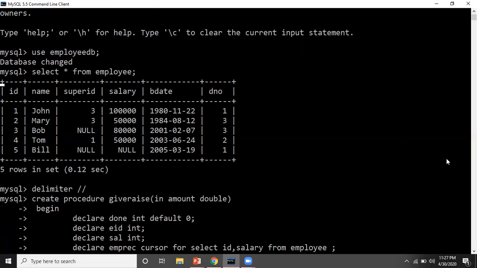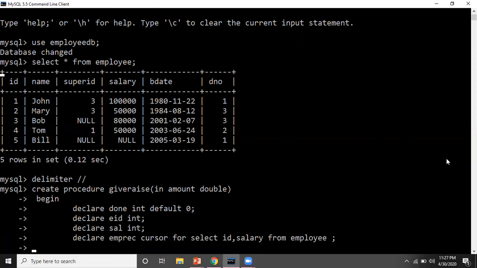There is a keyword cursor for that, for, and then we have written the select statement and from which table we have mentioned that. After that, for handler. Now for handler, again declare, we are declaring a handler. After this we have to give action. So I want this thing to continue till the time my done is not one. Fine. Till the time I'm finding the rows, this thing should continue.